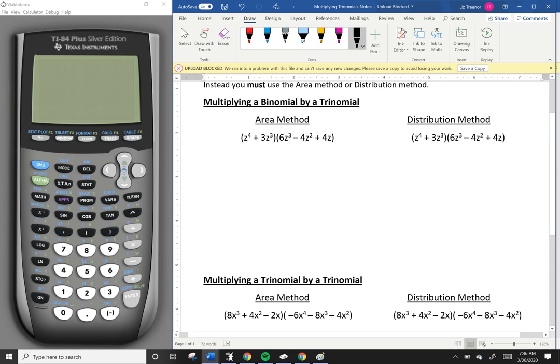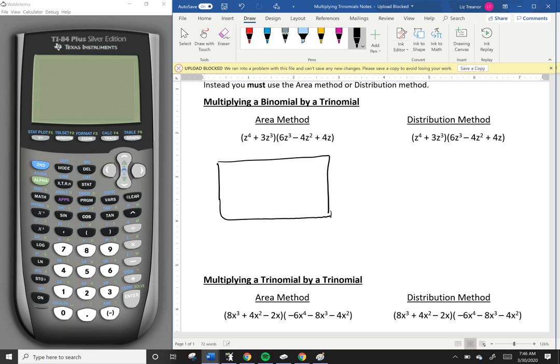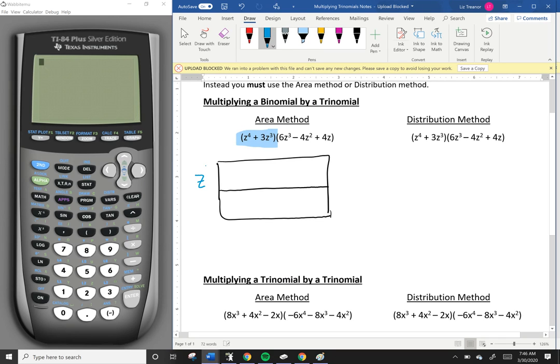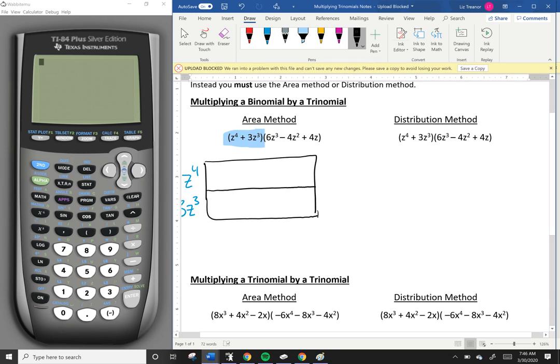So we're going to use the area method here. But that means your boxes are just going to have to be a little larger. So I'm going to draw mine like this. I'm going to split it in half this way because on the left side, I'm going to start with z to the 4 plus 3z cubed. And then going across, I'm going to make sure there's room for three boxes,